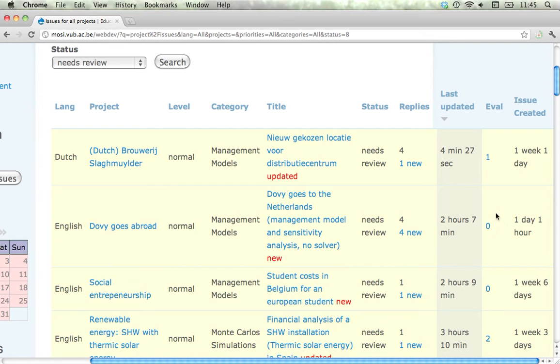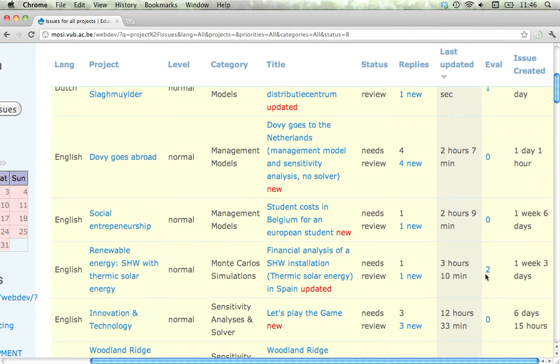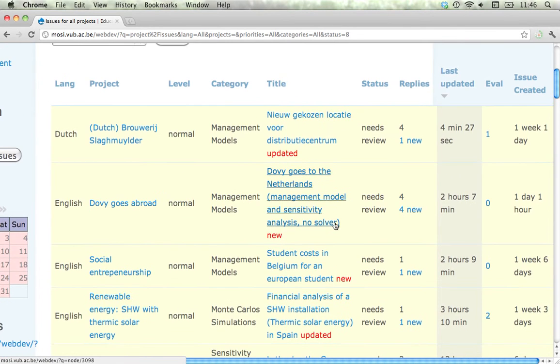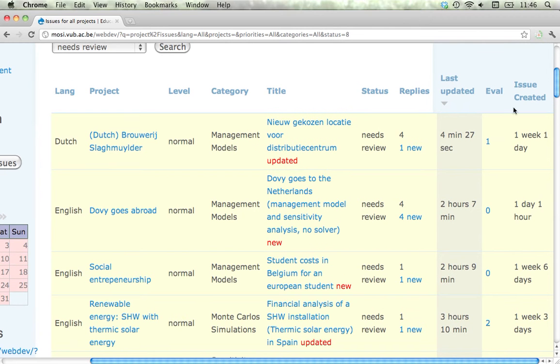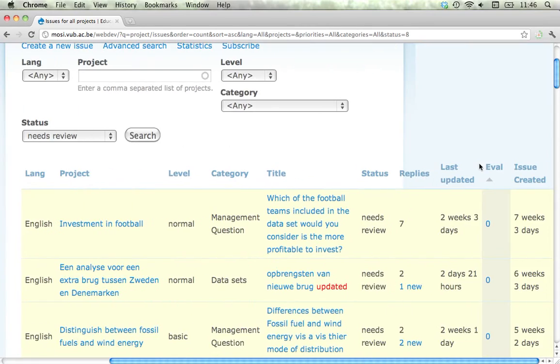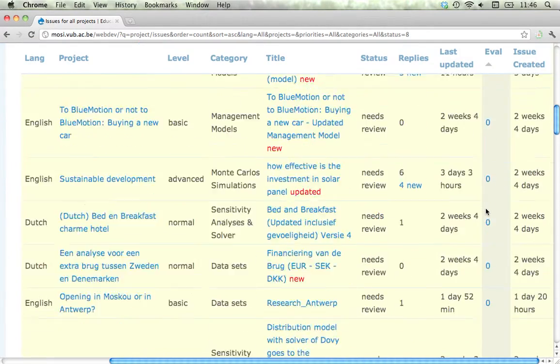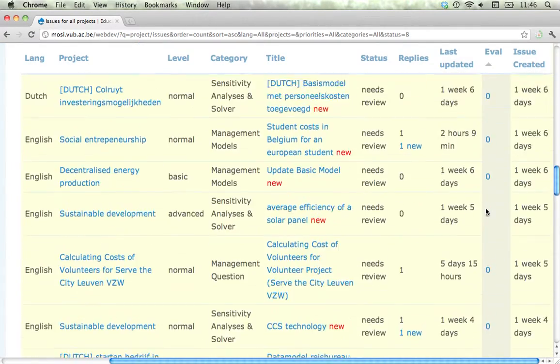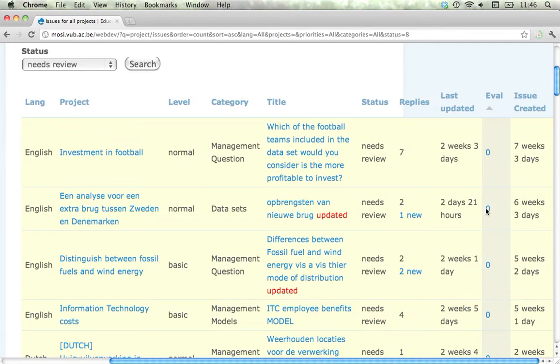So the first thing you want to figure out is how many evaluations are created for an issue. And you see on the right here, eval, and then 1 and 0. This refers to the number of evaluations a certain issue has gotten. So now you see the small arrow here. The list is organized by latest update. You can of course click on this eval here, and if you click on it, it will show you all the issues that don't have an evaluation yet,